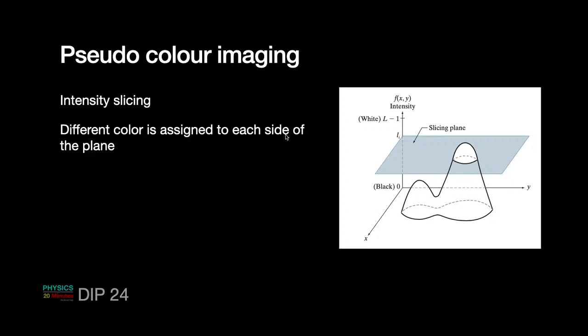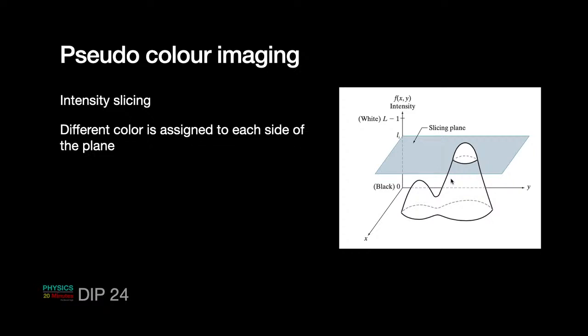So different colors are assigned to each side of the plane. Suppose I keep the scheme simple. I would say that all the intensity values which are above this plane get, say, color 1, and all the intensity values which are below this plane get color 2. So different colors are assigned to each side of the plane. Once you do that, then you have created a two-tone